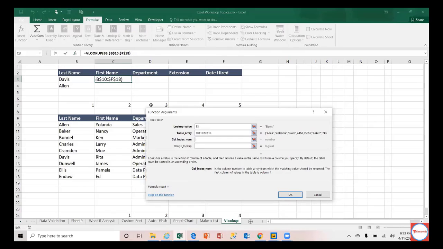If my intention is to look up extension, 4, and date hired, 5, because I don't have to think anything right now, because this is a small data set. You may deal with maybe 50 columns sometimes. I have seen people having 50 columns, 40 columns, 30 columns. Then it becomes too tedious to know which column. We keep on counting 1, 2, 3, 4. That's a tedious task, right?